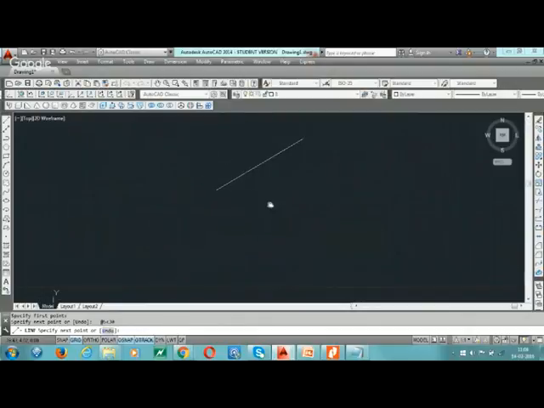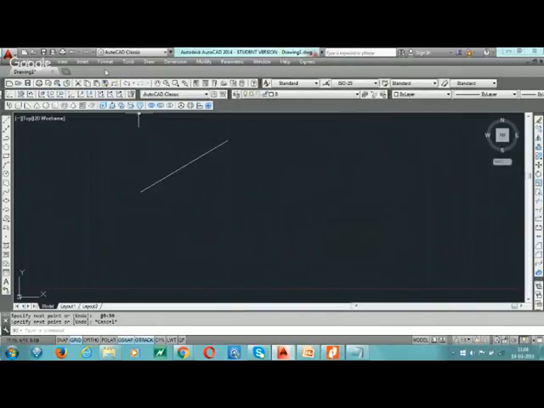Here, from this point in the anti-clockwise direction, our angle is 30.